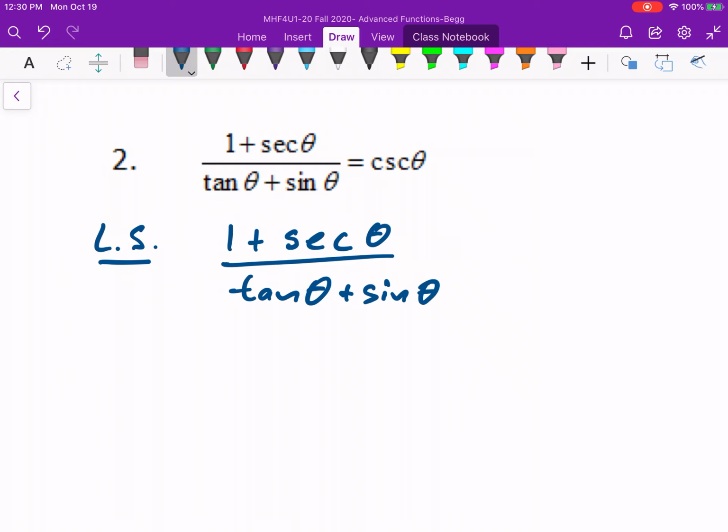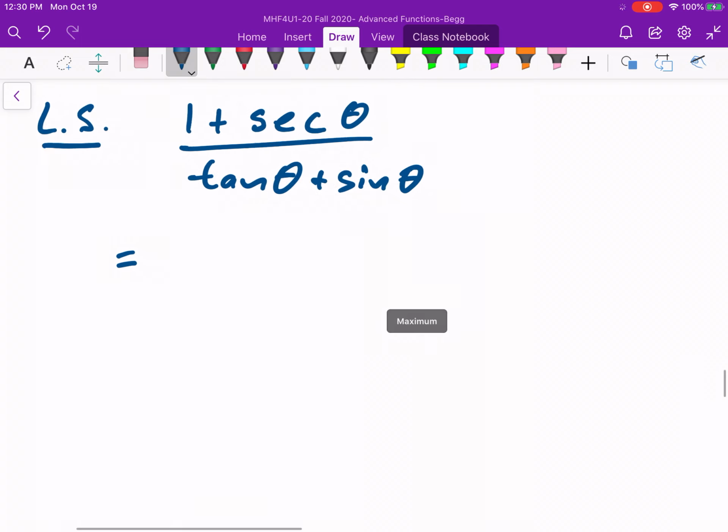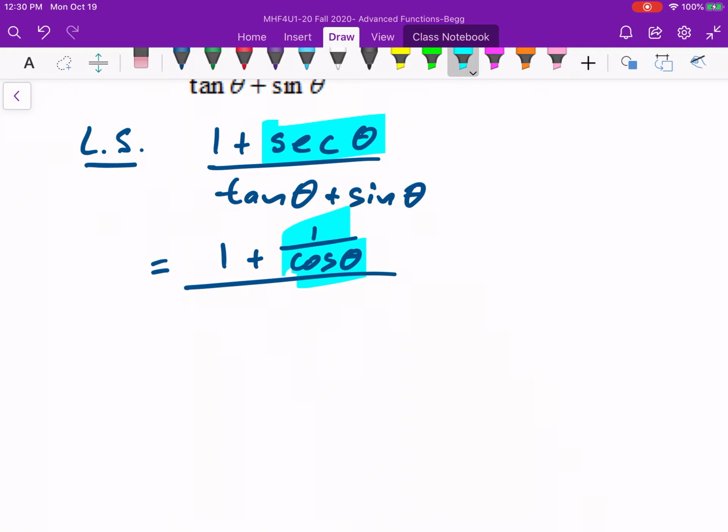We can change secant into 1 over cos. We can change tan into sine over cos. Now we're going to end up with fractions inside fractions, which is ugly, but sometimes we have to break a few eggs to make an omelet, to use an old saying. We have to make a mess. We have to get messy first sometimes before we can get what we want. So I'll change secant into 1 over cos. I'll change tan into sine over cos,